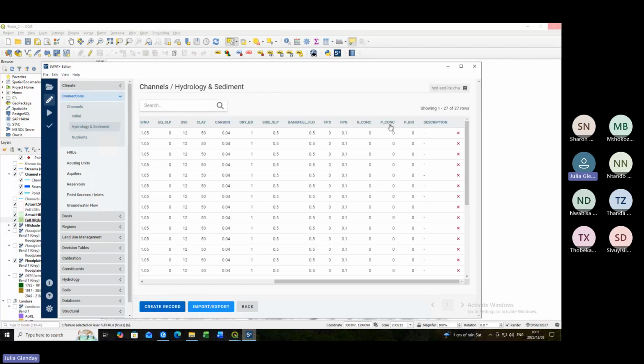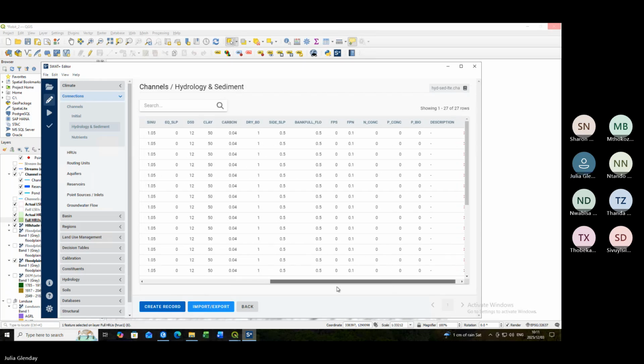But otherwise, you just run it with 0 from day 1 and you let the model run for a little bit. And then you only start looking at the outputs after it's run for like a year or something so that these concentrations become realistic. That's why I mentioned it before, you often do a bit of a warm up for your model because you don't really know what the conditions are on day 1 of your run, and the model needs to start with something. So you run it for a year, sometimes 3 years, and then you only start looking at the model outputs after it's done 3 years of run so that these initial values start becoming realistic